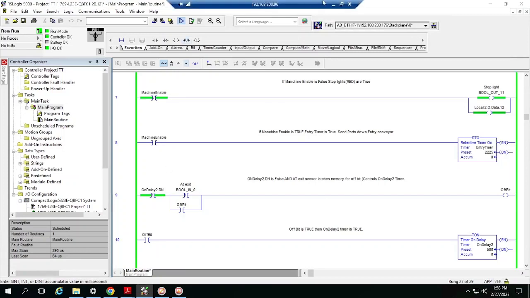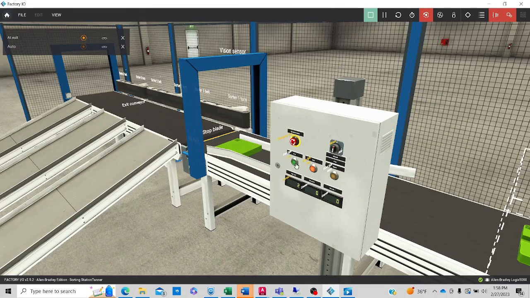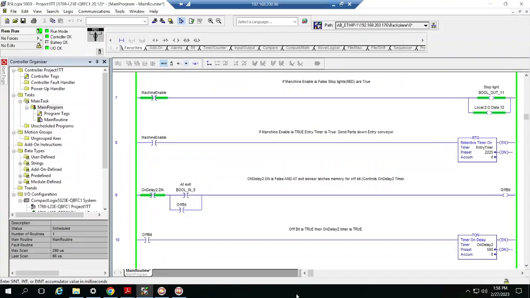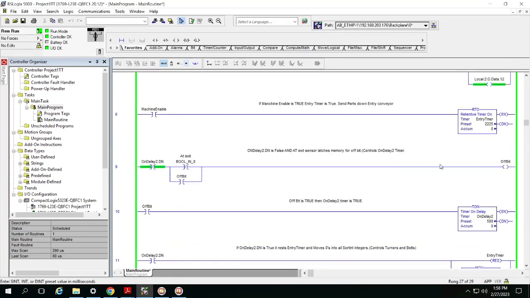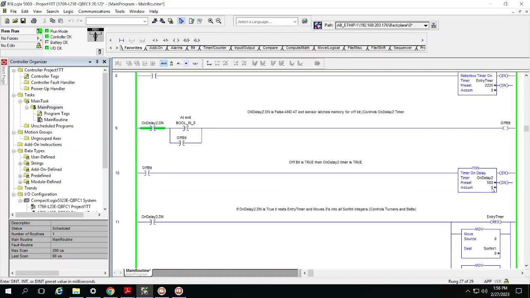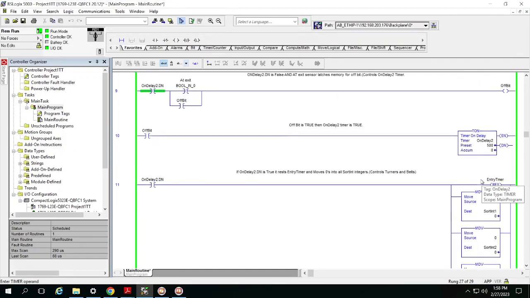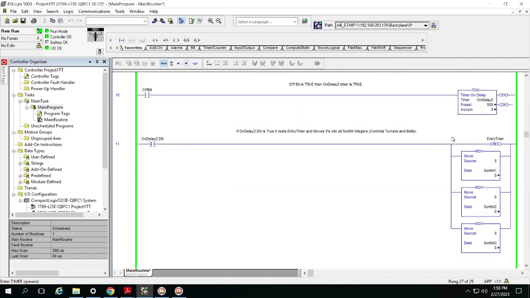As you see here, when I send that part down, after 2.5 seconds it knows to stop, and then it sends that part down. If you go back here, I'll show you a little bit more. I have that off bit, which also controls that timer, which is the on delay 2. That's actually the timer for my sort turn arms and conveyor belts. That's the time it takes to kick them out and then back in. And then that on delay 2 also